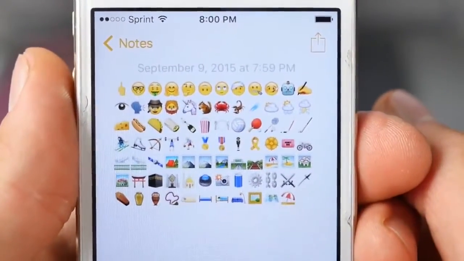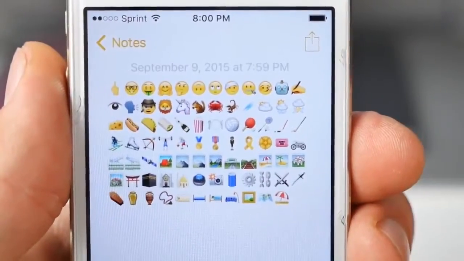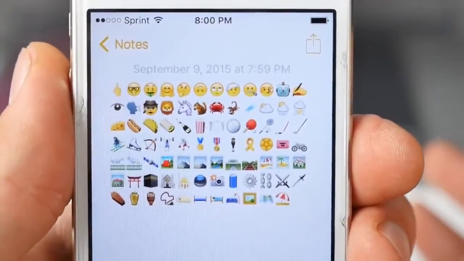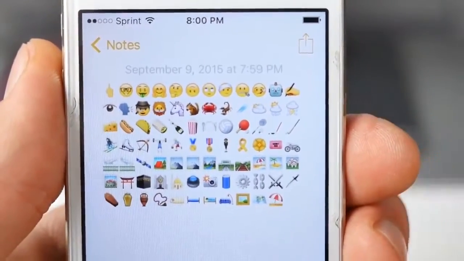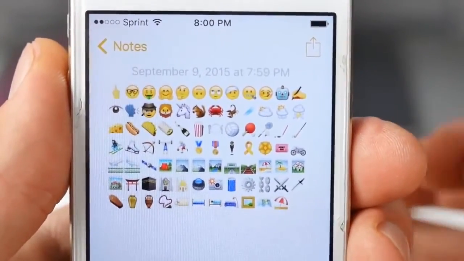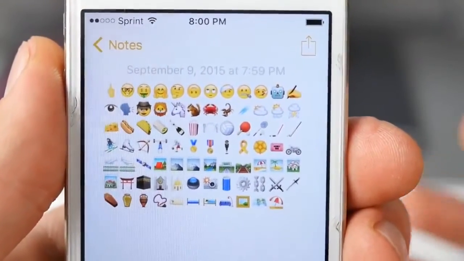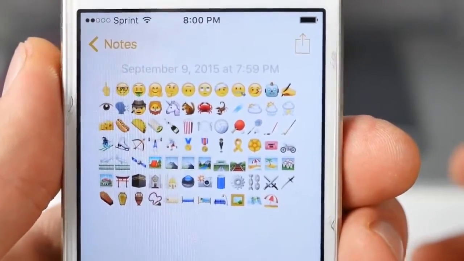So of course, there are some new smileys in there. There's some new gestures for writing. There's new animals. There's now a lion, a unicorn, a crab, a squirrel. There's some new ones for weather. There's a comet, some stormy, rainy ones, a taco, a hot dog, a slice of cheese, a burrito, champagne, popcorn,